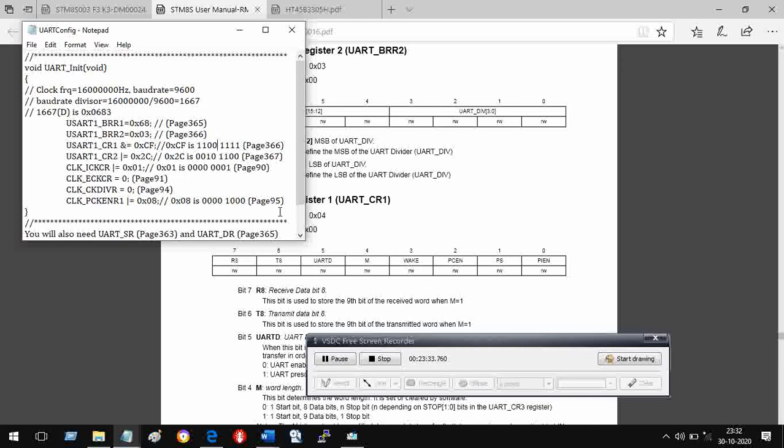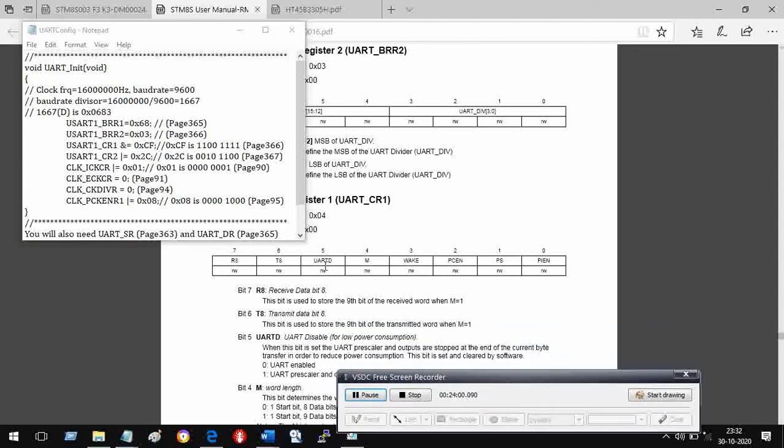Why should I do that? This is bit 4 and this is bit 5. These are the 2 bits which I am making 0, and I am not disturbing any other bits. So whatever is their default value, the other bits will remain on that default value. Why should I make bit 5 0? Here you can see.